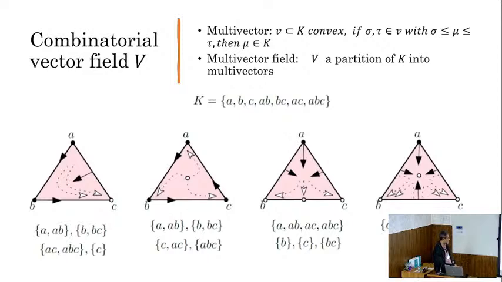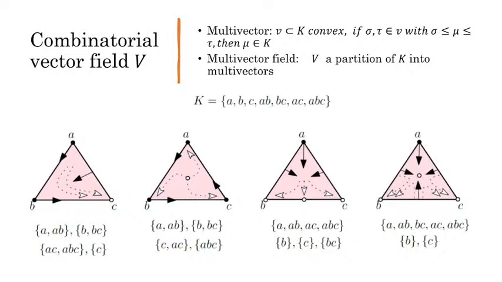Here I partition: this is one vector, B and BC another vector, C and A another vector. You can see these three vectors are making a cycle now. And the triangle is by itself. Now there are again four vectors, and this is a multivector field. It shows that from the center of the triangle, the flows are going around, then coming to the boundary, and then stuck in this orbit.